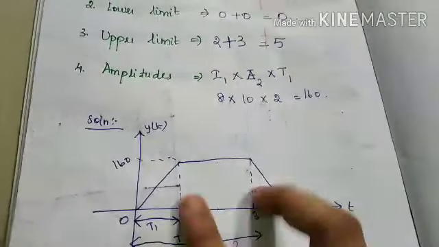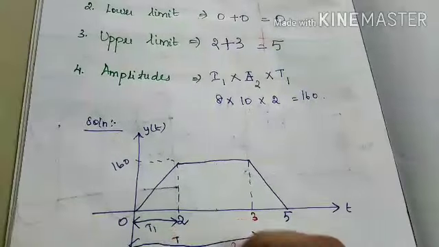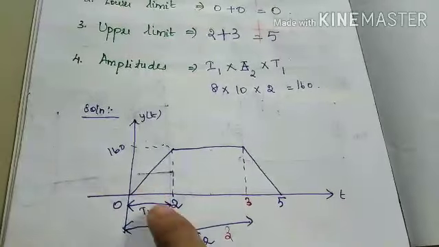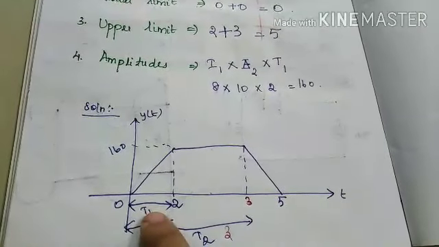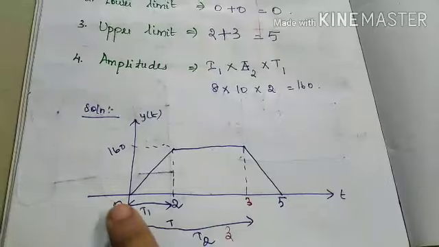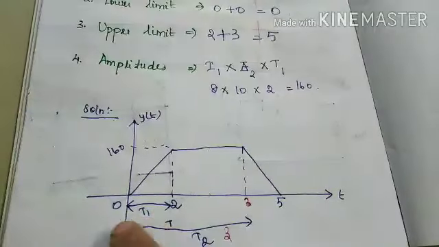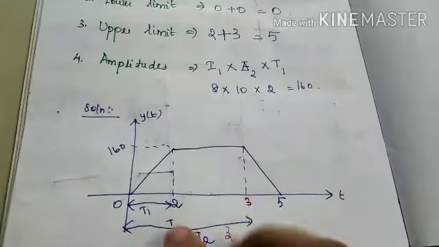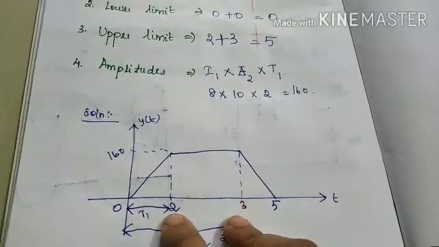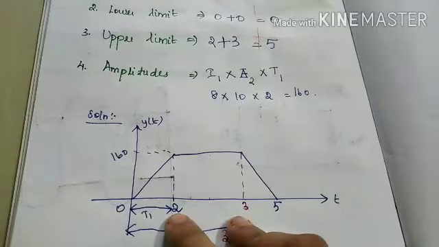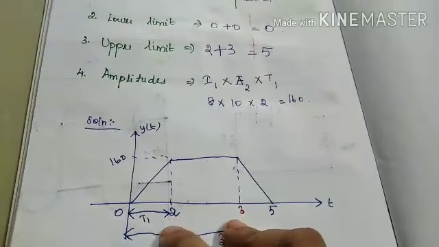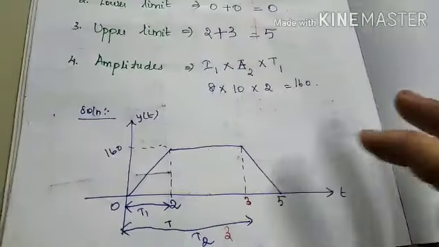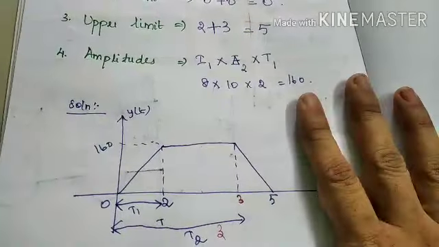Then we have to find out the in-between widths. How can we find these in-between widths? See, from the lower limit, we have to write the value of T1. So from the lower limit, 0 plus 2 is 2. 0 is our lower limit again, so 0 plus 3 is 3. So these two are the in-between base values, right? So this is our final output signal. After calculating all the values, this will be our y of t, right?